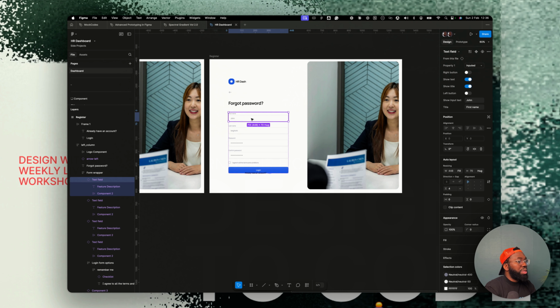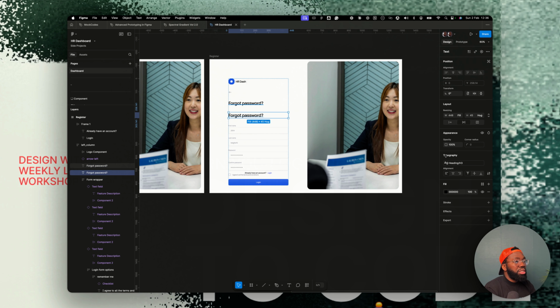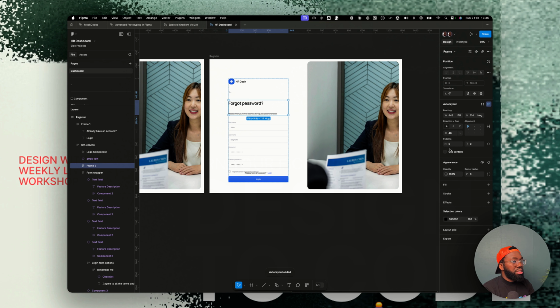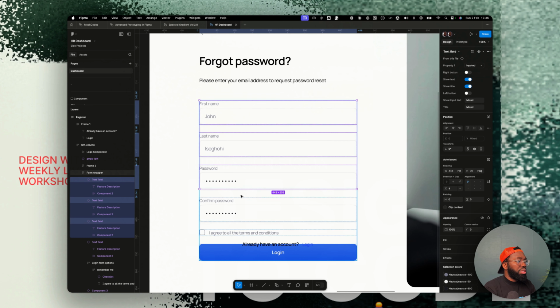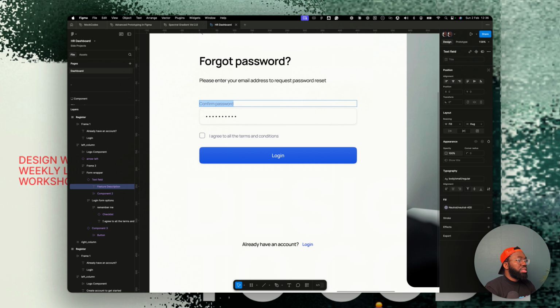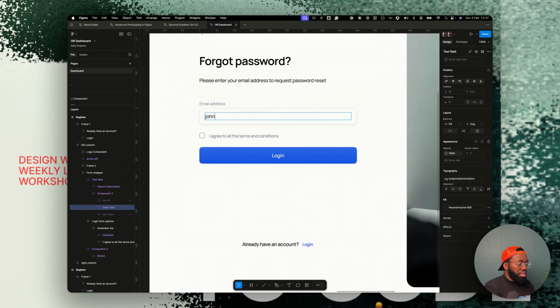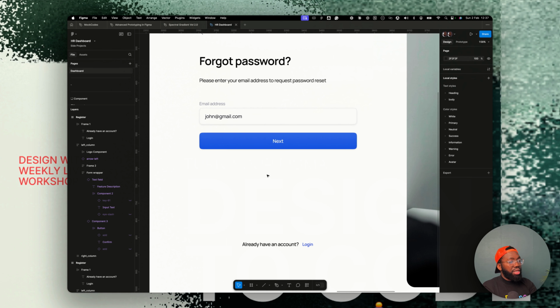So forgot password will just be for you to enter. Let's say this will be body medium regular. So this will just be, please enter your email address. Enter your email address to request password resets. Of course, this is going to be always on 24. I need to just use one of these. This is going to be email address, and let's call this John at gmail.com. Next, we don't need this